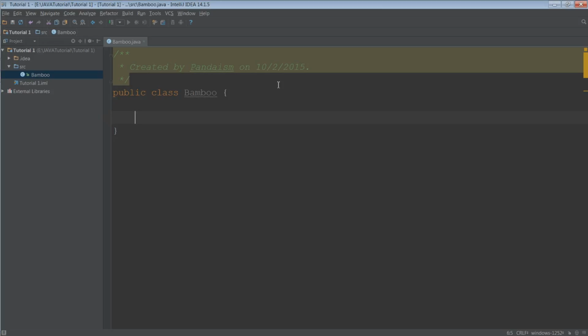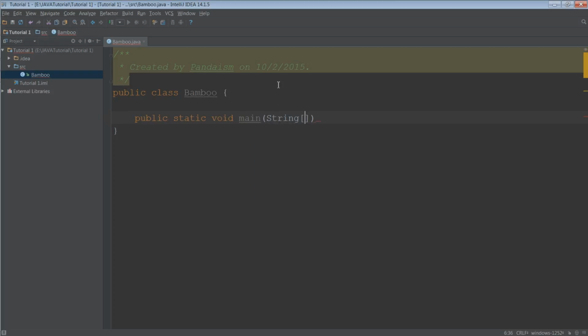That's what the system looks for, and from there it's gonna execute your code and everything. So to call upon your main method, all you need to do is public static void main,